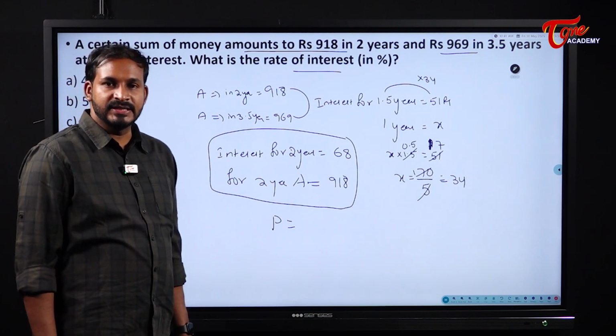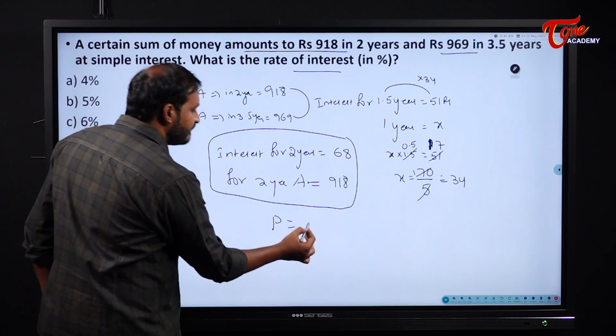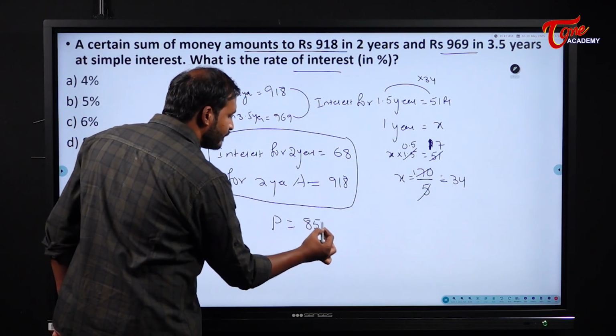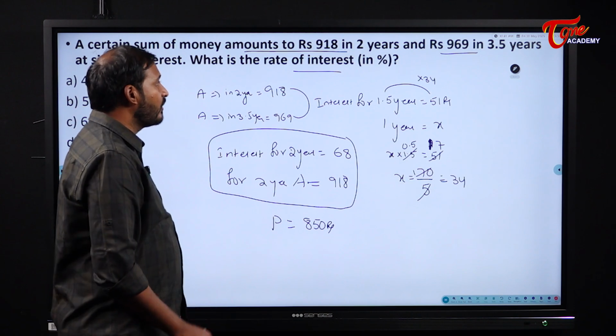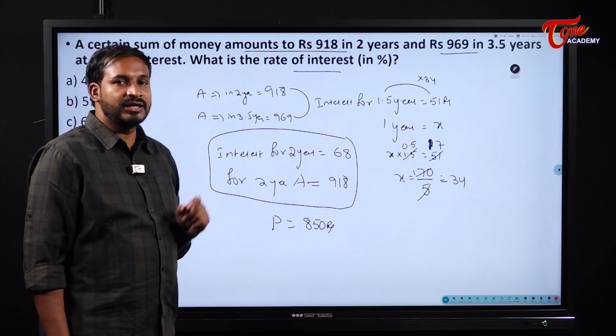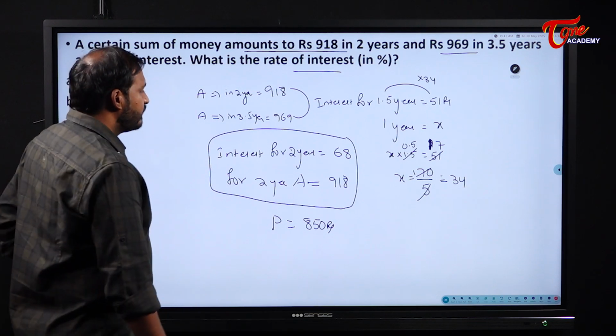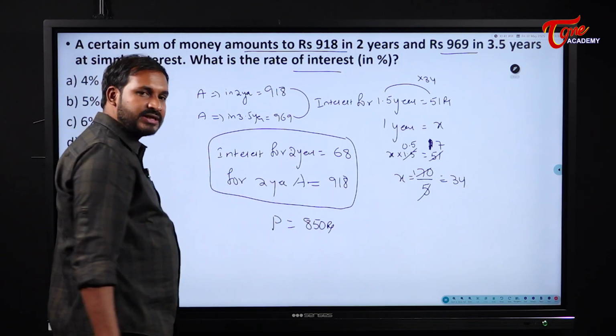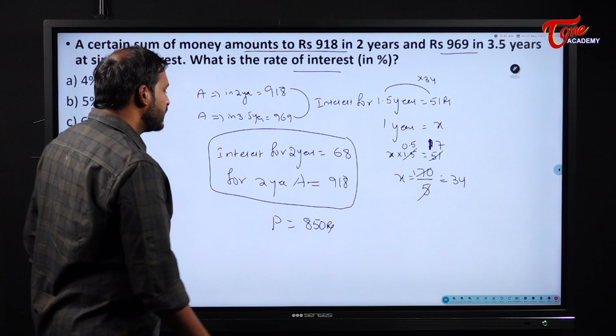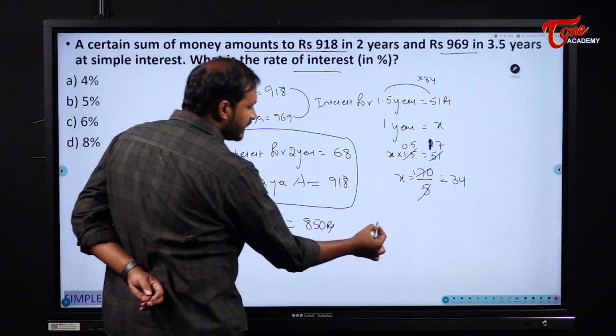Tell me what will be the principal here? 850 rupees, right? Principal is 850 rupees. But what they are asking us is to find the rate of interest. So please find out 68 is what percentage of 850, or else you can directly take interest is equal to